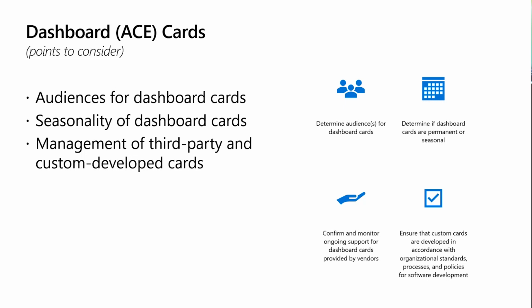Determining if they're permanent or seasonal. There are going to be some cards that are there all the time, and other things that are going to be seasonal. So we have benefits enrollment in November. We have performance reviews and connects at certain times of the year. We have our gift campaign in October. Those are seasonal card examples, so we won't see them all year. We'll just see them at the time of the year that they're relevant. And then that frees up space for other cards so that it's always new, it's always engaging, and it's timely.